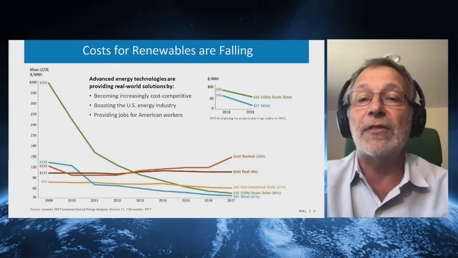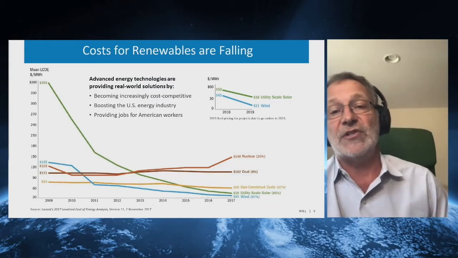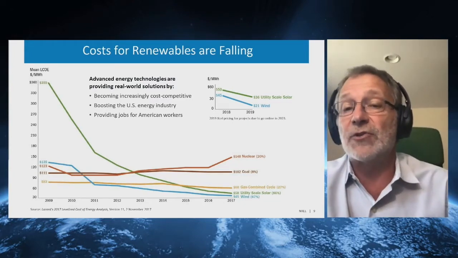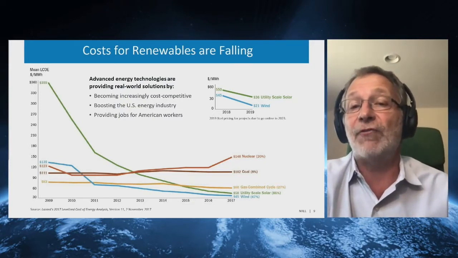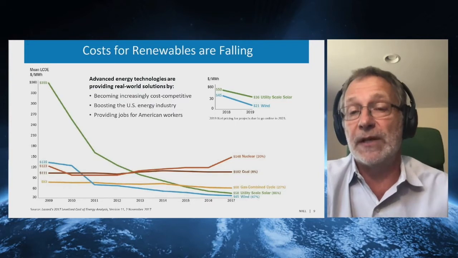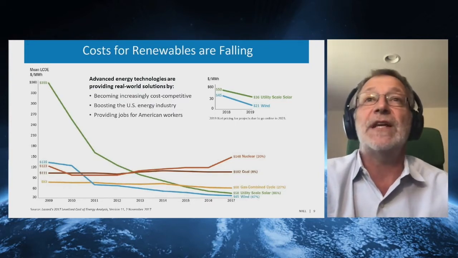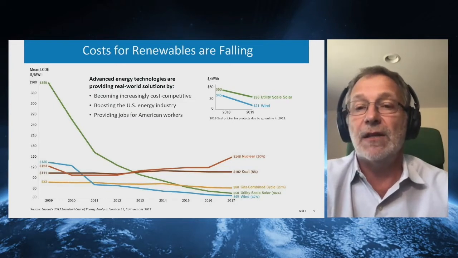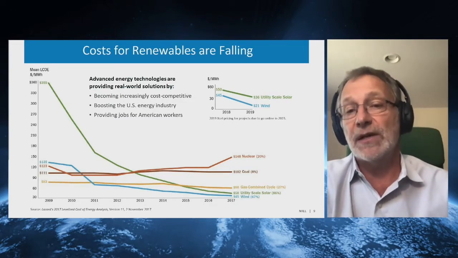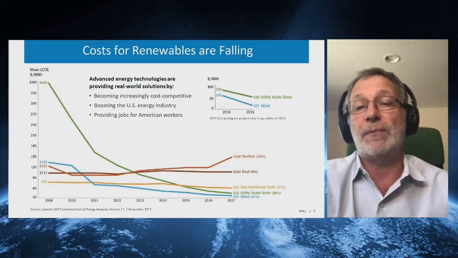You can see that wind is now cheaper than even natural gas. These numbers, which were published by Xcel, even have 4 hours of storage built into this cost. So you can see massive changes and cost reductions in the renewable space, which triggers a lot of these changes in the power sector.